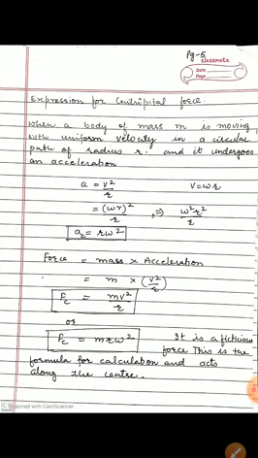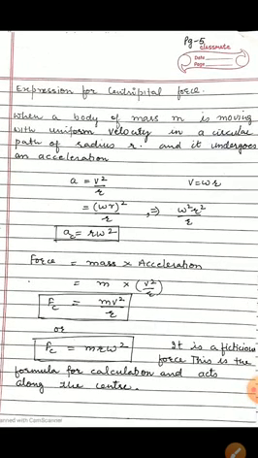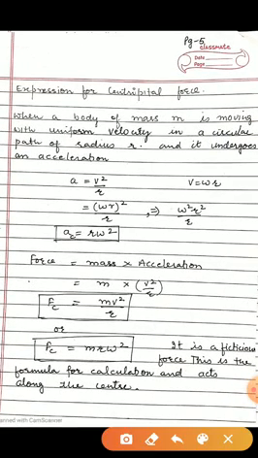Here the expression for the centripetal force, what is this? You know students, the formula for force is mass into acceleration. If the body is moving in a circle, then its velocity is v, and its acceleration is the centripetal acceleration, that is ac, that is v square by r. Put the value of v, that is omega r. You can also have the value for centripetal acceleration a as r omega square.